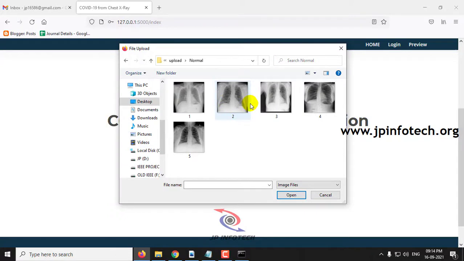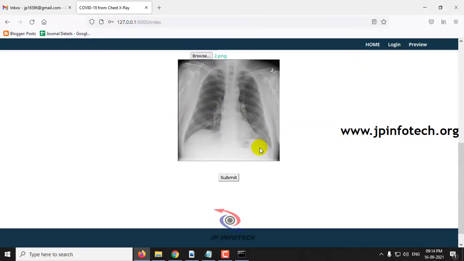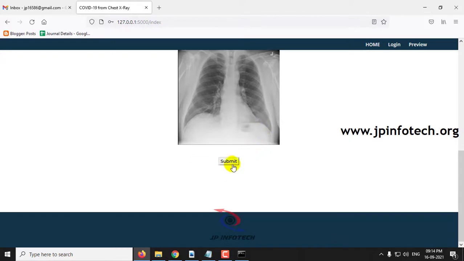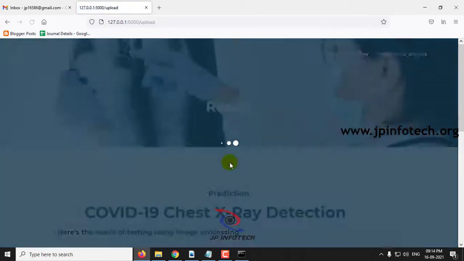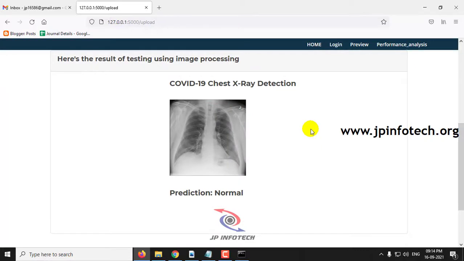I'll select an image, and you can preview that image here, whichever image you select, and then click the submit button. Now you can see the prediction result of the submitted image. Here the prediction result is normal.